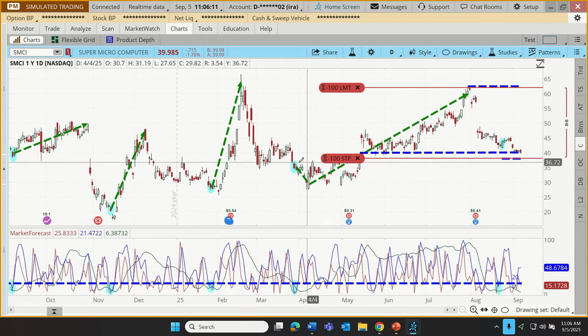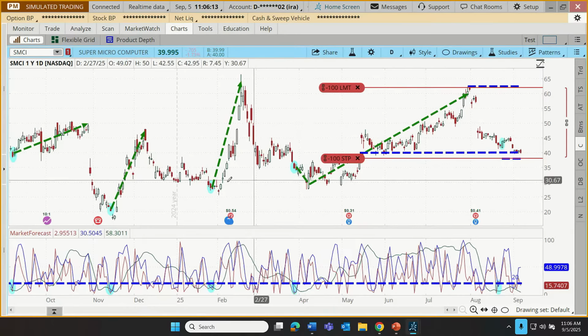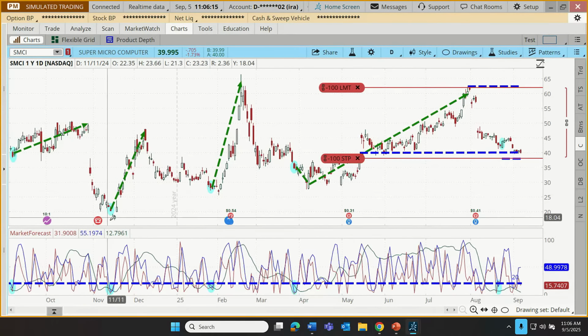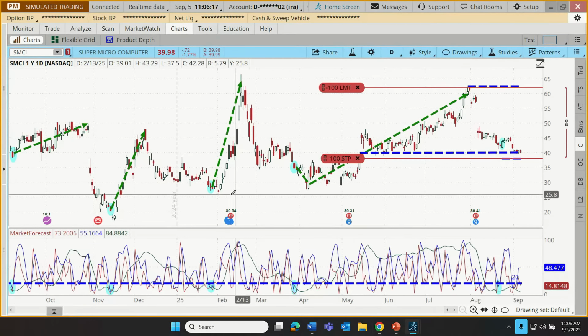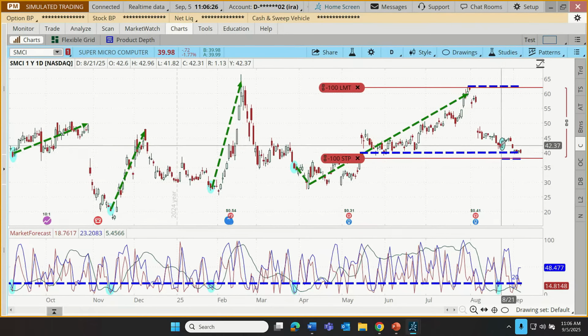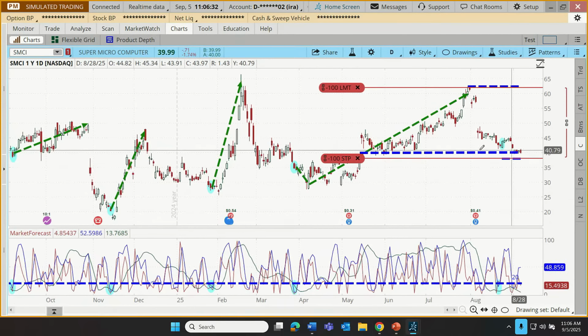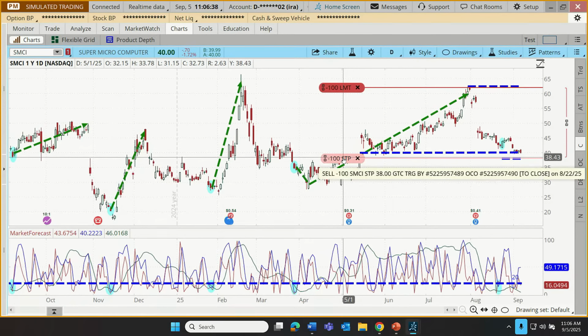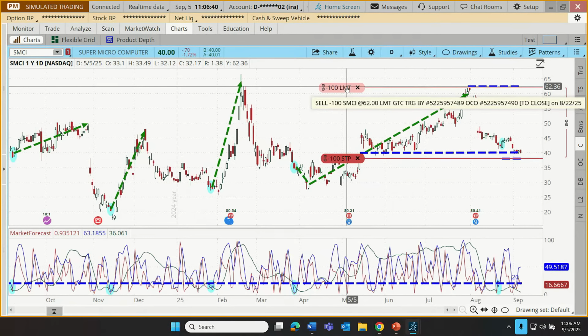But what you'll notice is it's not exactly precise. In 3 of these 4 examples, it was early by several days. So we allowed for that and gave this some wiggle room down to a stop. And it looks like, yep, that's what's happened. Our stock started to go up. It's actually pulled back down below our entry price a bit, still holding above this price floor. We'll see if that holds, but we do have a stop in place down here at $38. Our target is up here at $62.